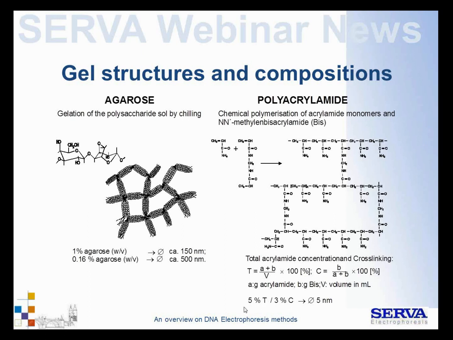Here I show an example for a very big pore size. A low concentrated polyacrylamide gel, with 5% T and 3% cross-linking, will give you a 5 nanometer pore size. This is a low concentrated polyacrylamide gel. Now compare that 5 nanometers with the agarose. There you see already a big difference between the properties of polyacrylamide and agarose gels, and so are